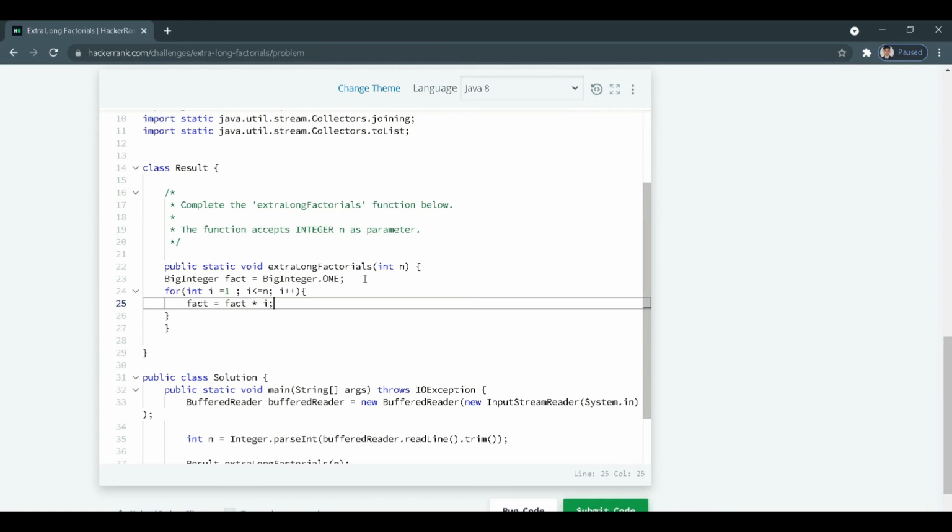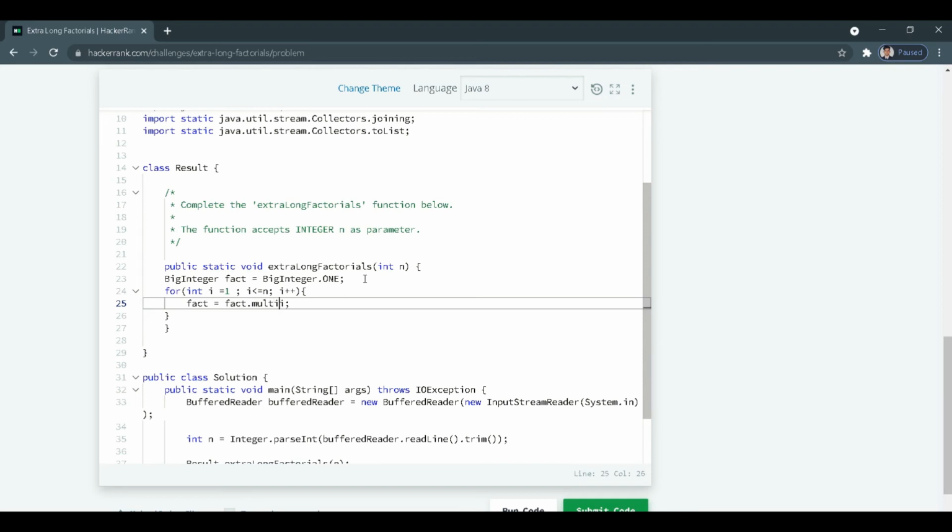But this is not the actual way when dealing with BigInteger, because BigInteger does not work with this operator. Instead we need to use a method to do the manipulation. We have the method called multiply to multiply fact into i.